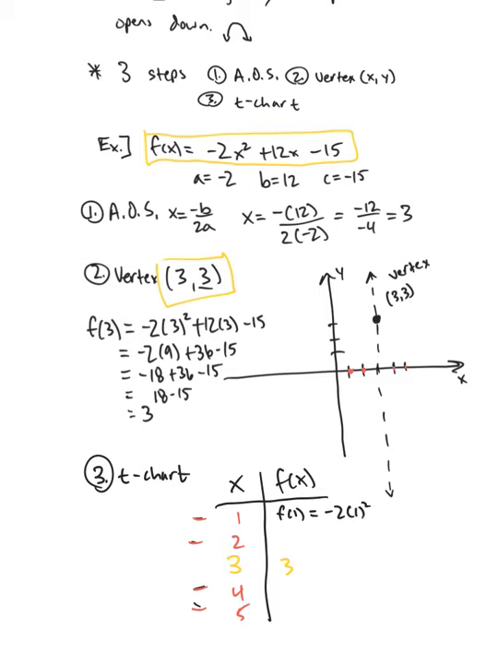-2 times 1 squared plus 12 times 1 minus 15. Okay, that ends up being, I'm going to do a little mental math here. We got -2 plus 12. That's 10. 10 minus 15, that's going to be -5. Okay, so 1, -5